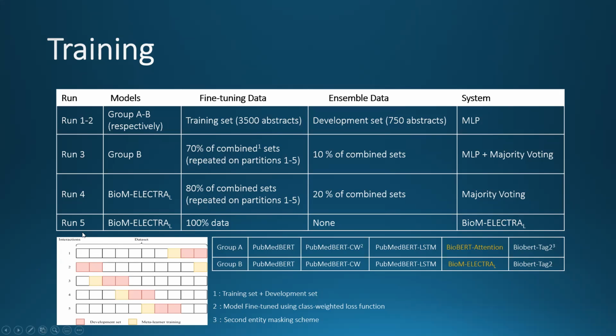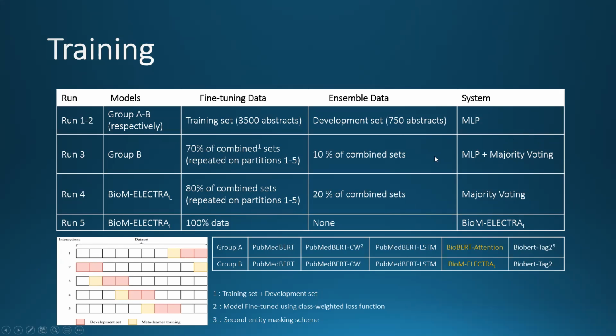Therefore, we obtain a group of 5 models corresponding to each partition. We train a separate MLP for each group, and after that, we use majority voting to combine the output of